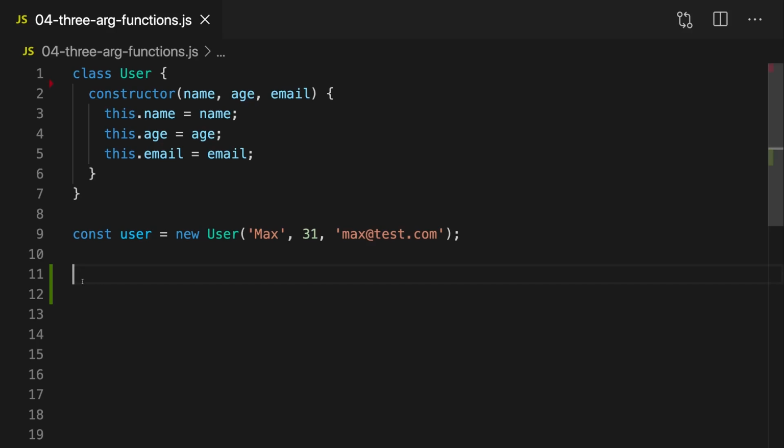Now we will dive into the functions which are a bit harder to understand. For example, this example. We have a user class with a constructor function where we assign name, age, and email. Now, this can be instantiated like this. And if we read this code, it is kind of obvious that it's the name, the age, and the email